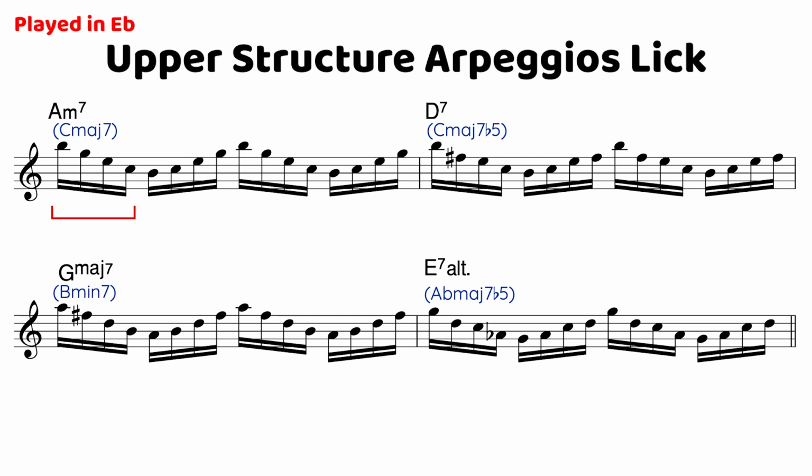So like we explained earlier, the C major 7 in context to the A minor 7 is a flat third, 5, flat 7, and then 9. It's worth remembering where exactly you place this upper structure too. So if you haven't already, I personally would advise that you make a mental note of where exactly this upper structure was so that you can play it in any context of your own. So in this case, we went to the flat third of our minor 7 chord and played the major 7 of that flat third. In the next chord, we're going to go to the flat 7 of our dominant chord